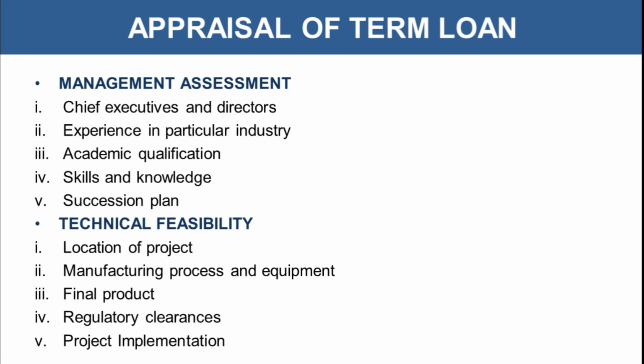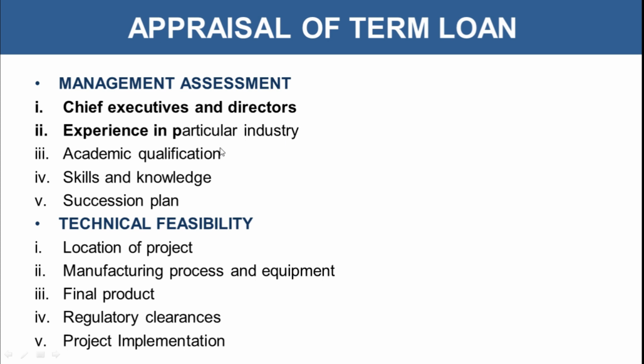So basically, what all are the factors which broadly need to be considered before providing term loan to any business or individual? So the first is management assessment. In terms of business, we need to assess the management position of that particular company. So who all are the chief executives and directors of the business? The people are the ones who are running the business. Their objectives, the goals of the business would be determined by them, and thus the chief executives and directors need to be assessed in order to know the management position of the company.